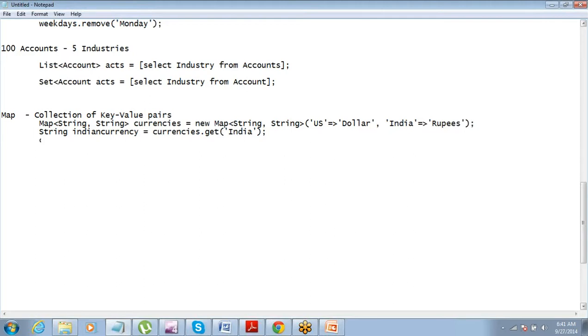You want to put one more key value pair into the map, you can just say